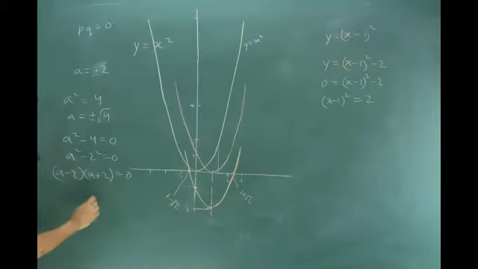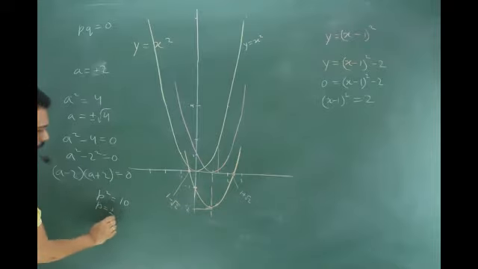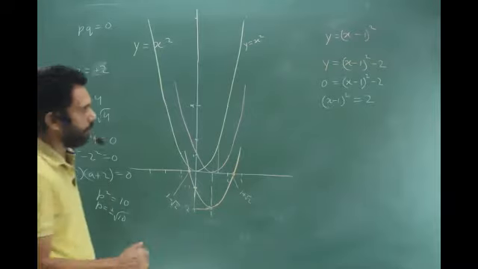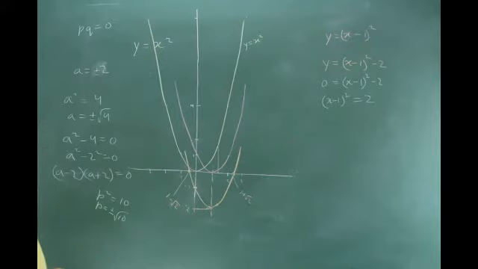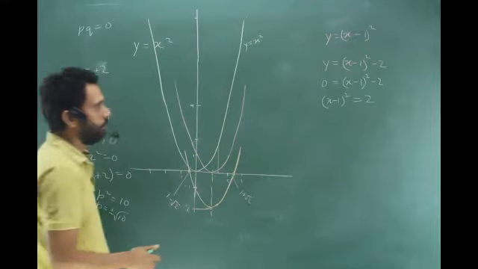Just because of this reason. So if I have, say, p square is equal to 10, what's the answer? Plus minus root 10. Because root 10 means the positive square root. I think I said it last class, right? So it's not root 10, it is plus or minus root 10.